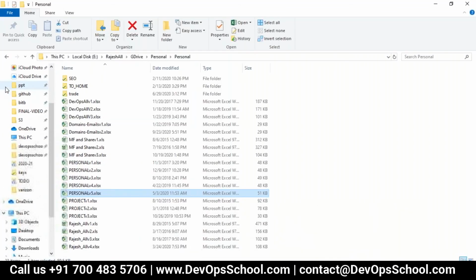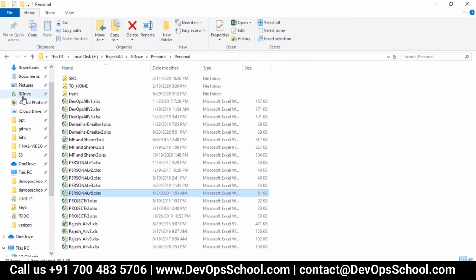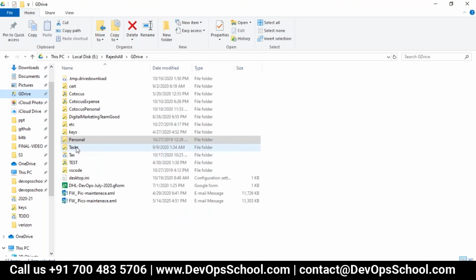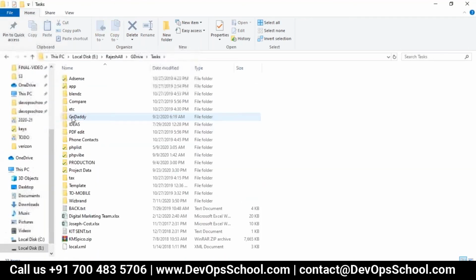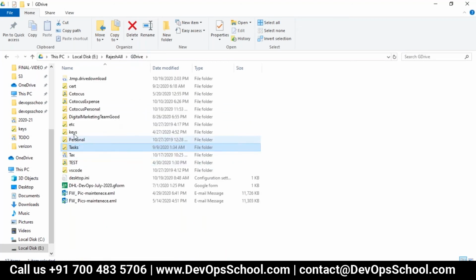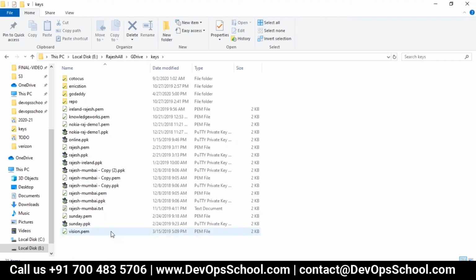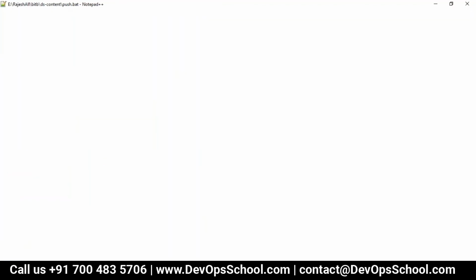I'll give you the key file. The key file is here. This is rajeshmumbai.pem. I'll share this file with you. Remember, PEM for SSH, PPK for PuTTY. I've been repeating that.